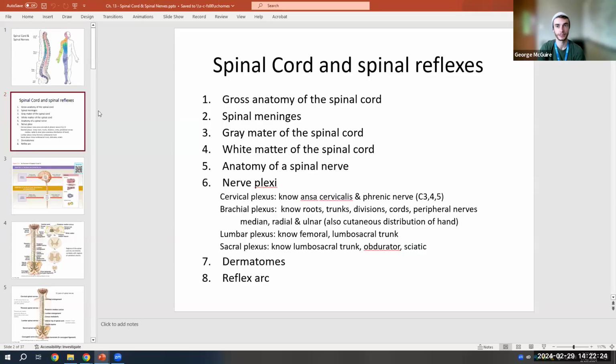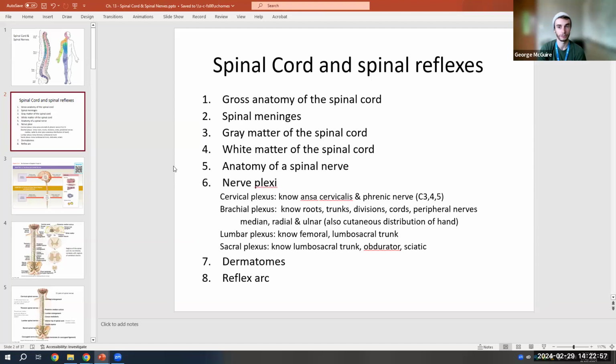So the topics to focus on in this chapter are recognizing the gross anatomy of the spinal cord, again, what you did in lab, recognizing the spinal meninges, which are all of those connective tissue layers, the dura mater, the arachnoid mater, the pia mater, recognizing the organization of gray matter in the spinal cord, white matter in the spinal cord, anatomy of a spinal nerve, and then stuff that we're not going to talk about directly in lecture, like I'll touch on it,